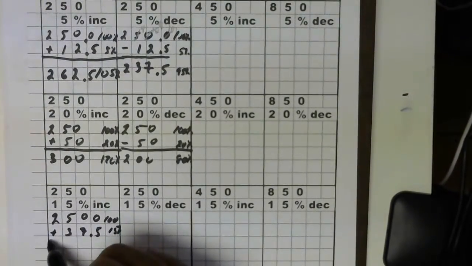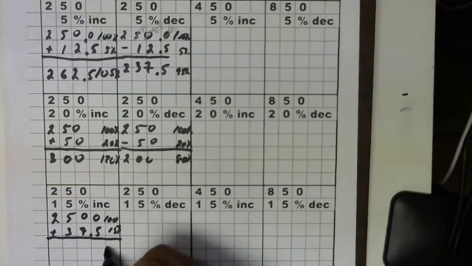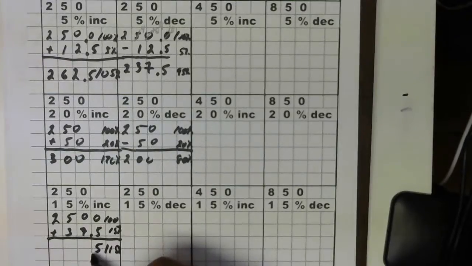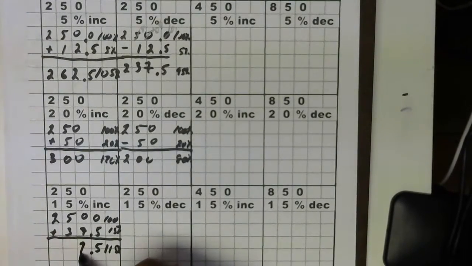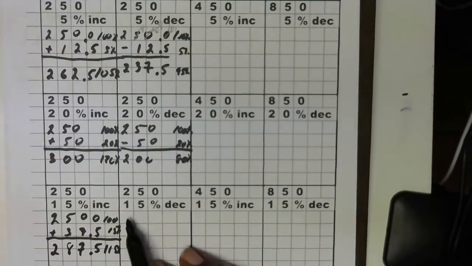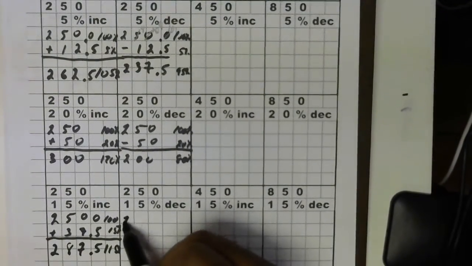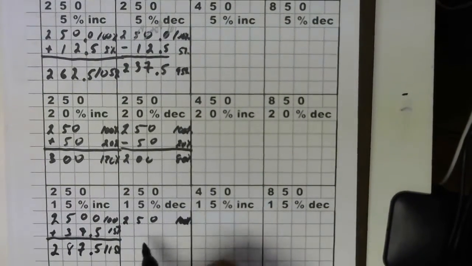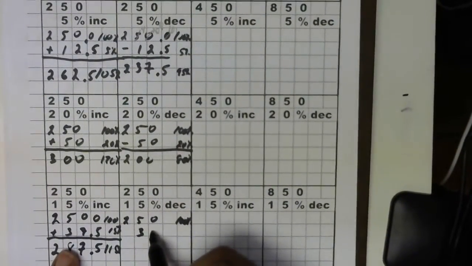So I'm going to add these two so that I can get 115%. So adding these, I'll get a 5, my decimal, a 7, 5 and 3 will be an 8, and then the 2. There we are. And this is 115%. Next, let's make a 15% decrease. So 250 is actually the 100%. We found out that 37.5